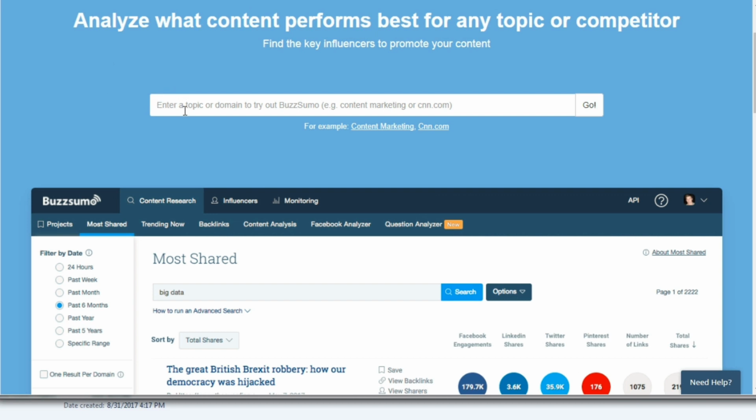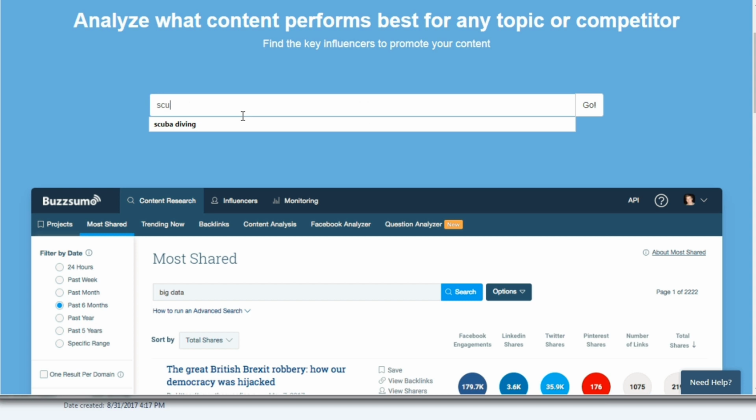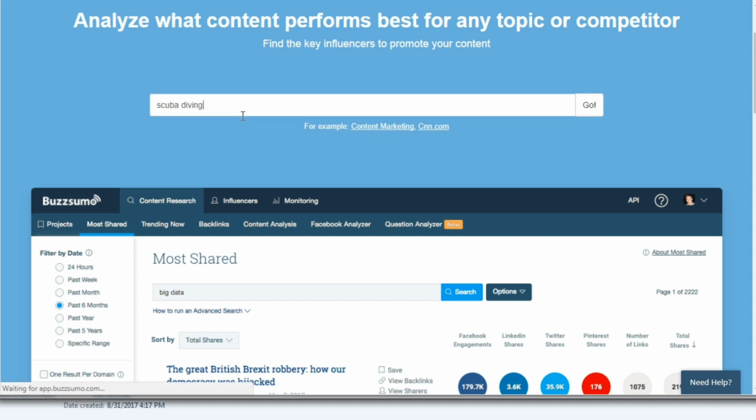So the first thing you can do is you can either enter the domain name of a competitor. So if you're starting out, obviously you don't have the data and anything like that. So you could find the website of your competitor and enter that here, or you can enter a general keyword, like in this case, scuba diving, just to keep things more consistent.